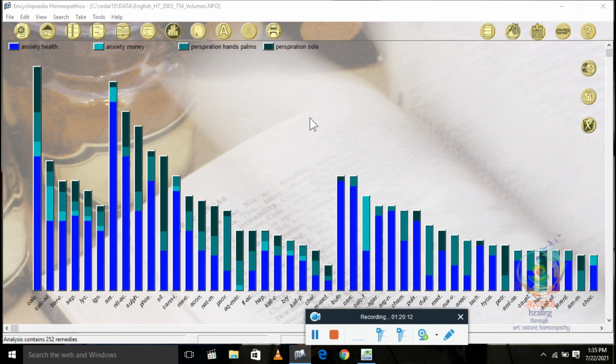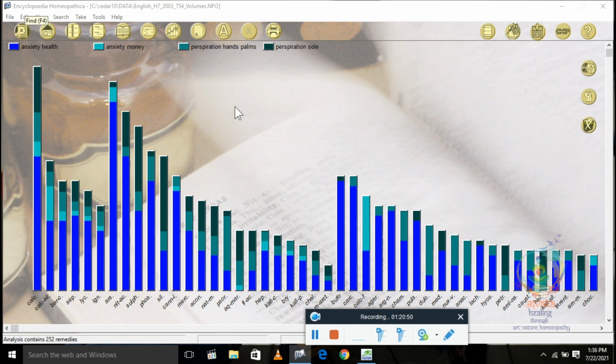And they have removed the analysis by materia medica feature in the new Radar Opus. Okay, and there are new materia medicas added, no doubt, but old Radar has 650 references, which are more than enough, because it is covering all the old classical materia medicas and a few modern classical materia medicas.